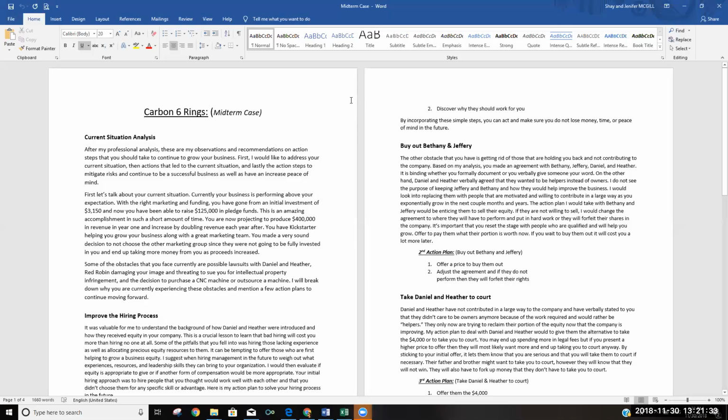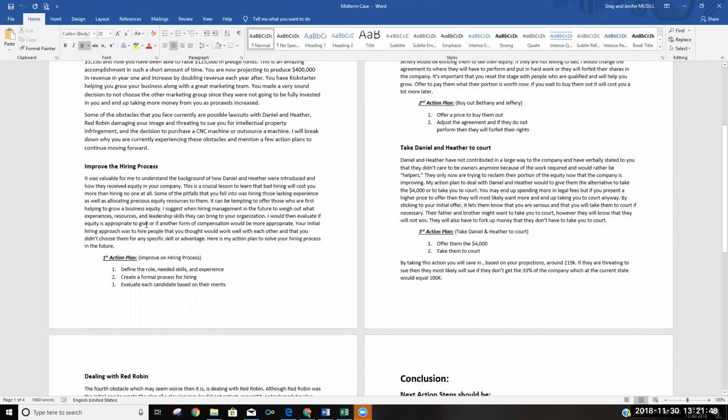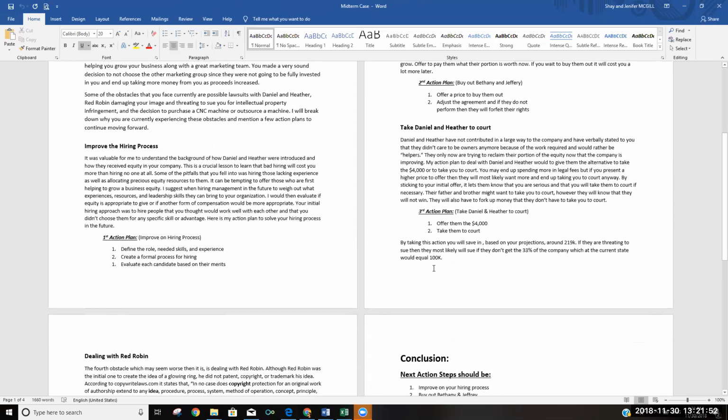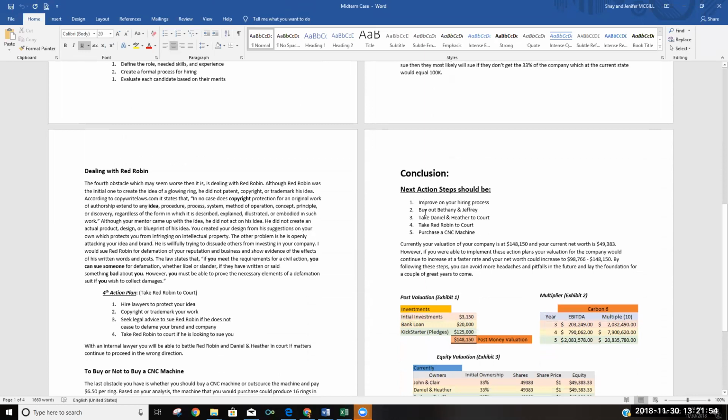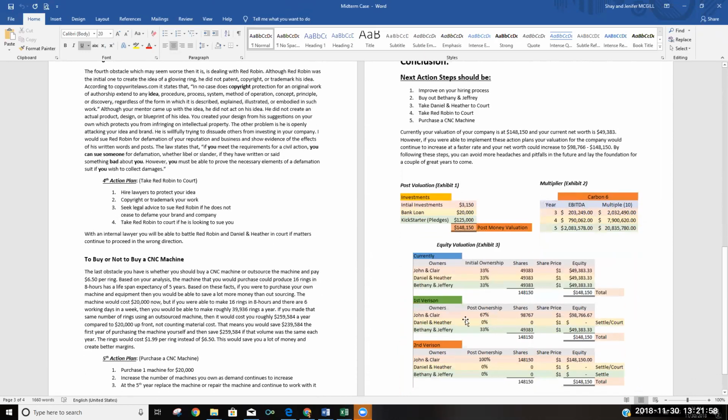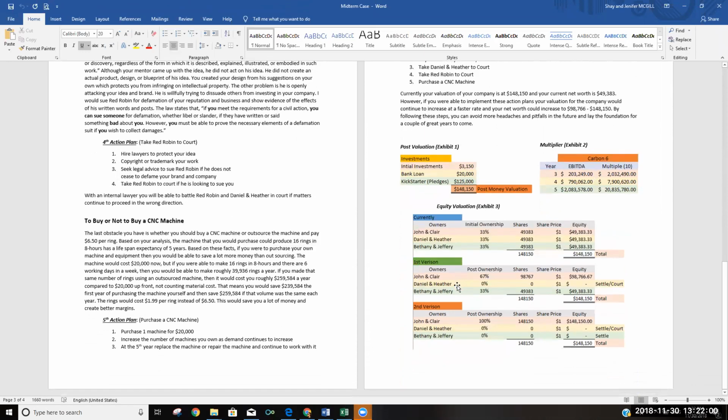This is one I really love, how easy to digest. We call it accessibility. This one has a lot of accessibility. You look at it, the paragraphs are small. They've got the bolded, what would you call that, titles of every paragraph. They've got these little action plans defined in numerical order and conclusions that are easily accessible. And then they've got these great colorful exhibits at the end.